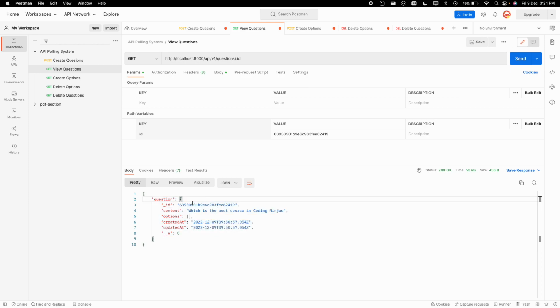So our question is this, whose ID is this, and content is which is our coding just. Currently it has no options, and yeah, created and updated post there. So now suppose we want to create an option for this, so simply we go to create options,